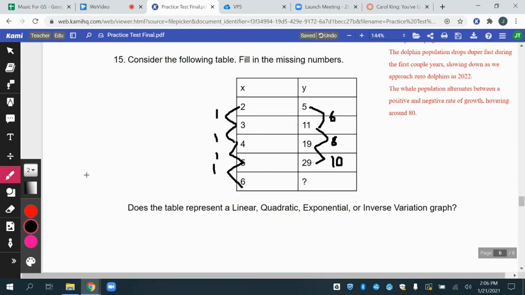Well, what is that pattern? Can I see a pattern there? I hope you do, because if you can't, then you're going to be in trouble. I noticed that 6 is 2 less than 8, and that's 2 less than 10. So the next number should actually be 12, shouldn't it? So 25 plus 12, well, this number right here,